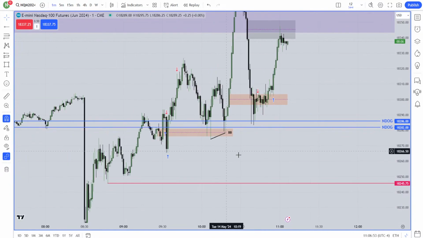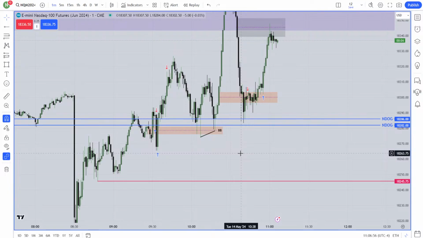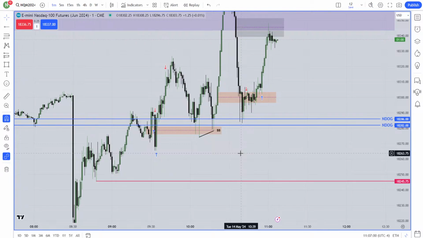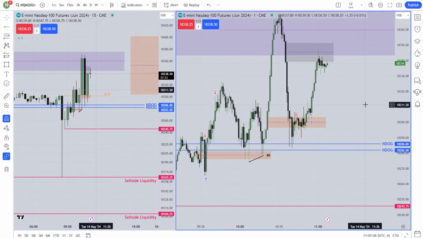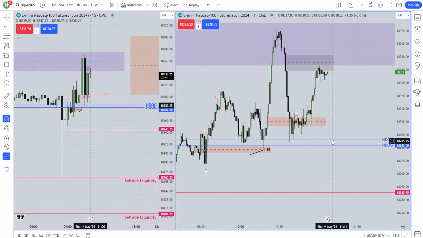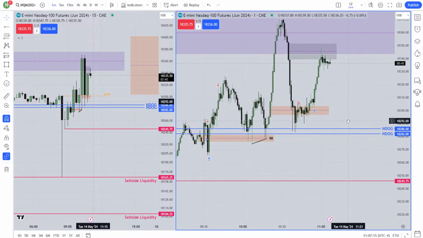Here is the new day opening gap. Perfectly reacted from there. Six handle, but it kind of worked today. ICT told in his recent stream that the new day opening gap, the new week opening gap, even if it's one handle, is highly important. But in ICT's previous video, a long time ago, he told that if it's a very small one, he's not interested to mark them.